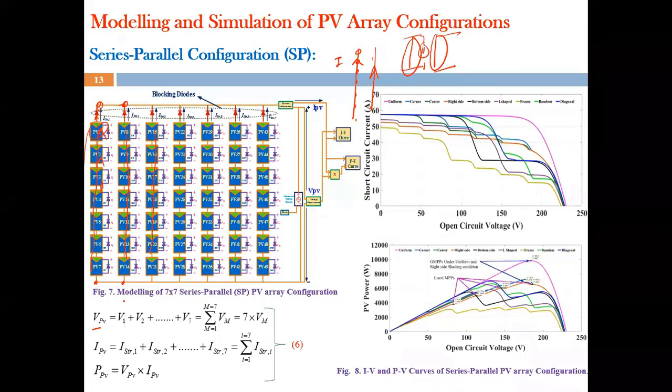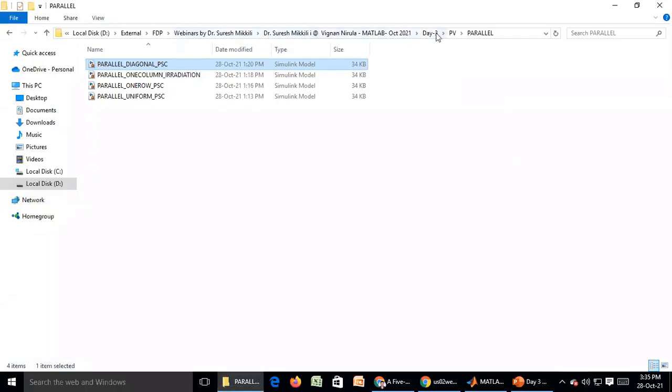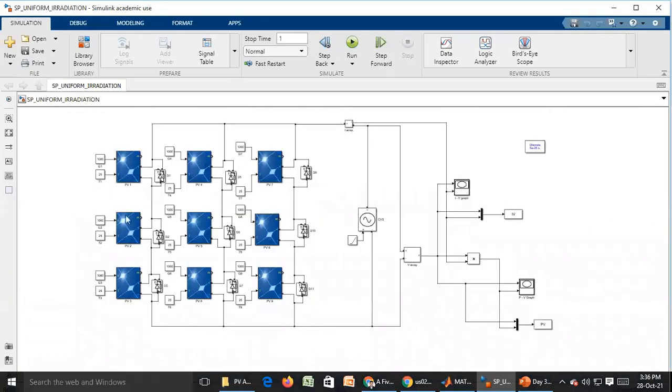Okay. Currents are of the string. In this string the current is common, so that's why you are getting 7 into Vm. Okay. So this is used for medium voltage and medium current. This is the optimum one. Okay. We will see series-parallel configurations here. First, 3 modules, 1, 2, 3, are connected in series, and this string is connected in parallel with the second string. The second string is connected in parallel with the third string.